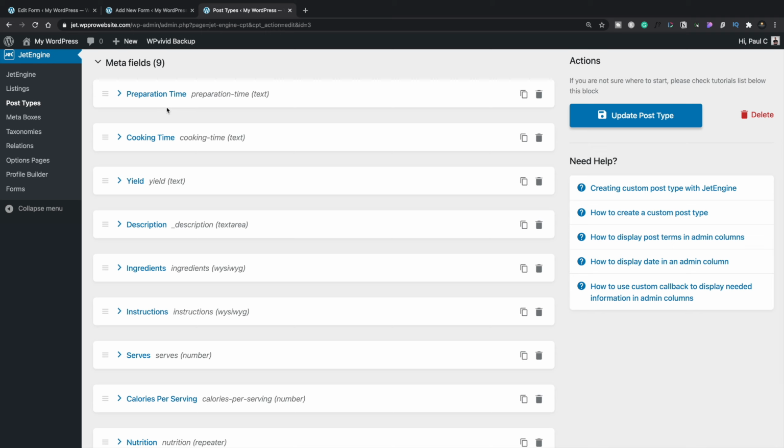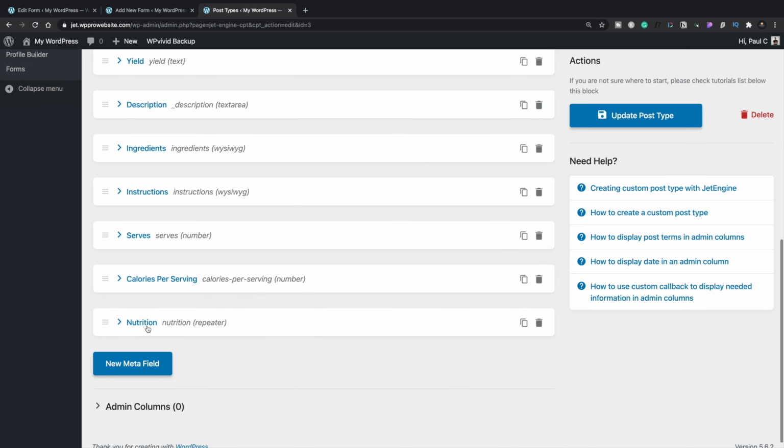But we've got some basic information, preparation time, cooking time, and so on. And these are just text or text area, WYSIWYG fields, and so on. But at the bottom, we've got this nutrition repeater field. Now, I covered this in its own dedicated video yesterday. And again, I will put a link to that in the description so you can see how to use repeaters